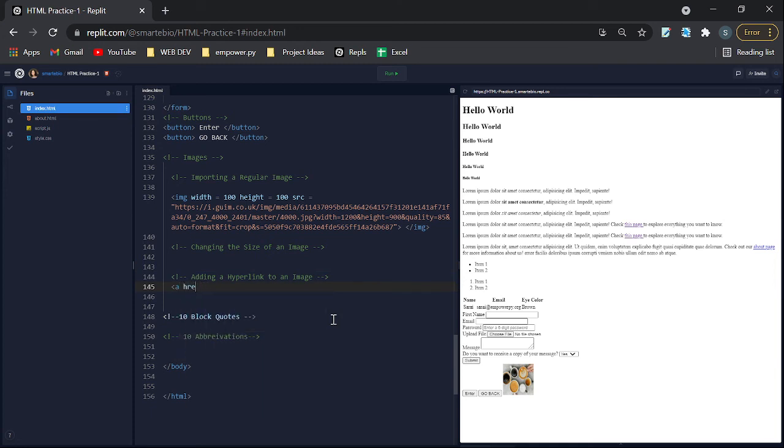Let me do this. Close it, right? Go to the start tag. Specify what your href is. So let's say you want to go to Google, right? Okay, so that's your Google link. And you don't really care about the target, etc. But what you want to show,